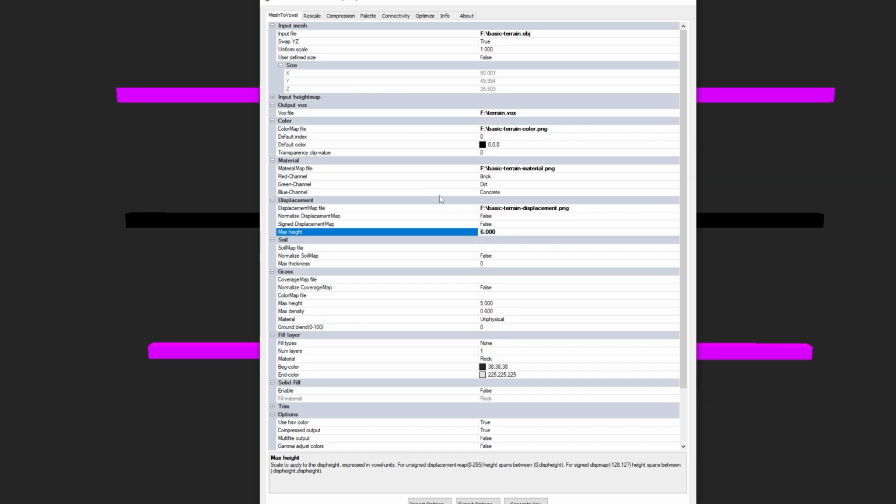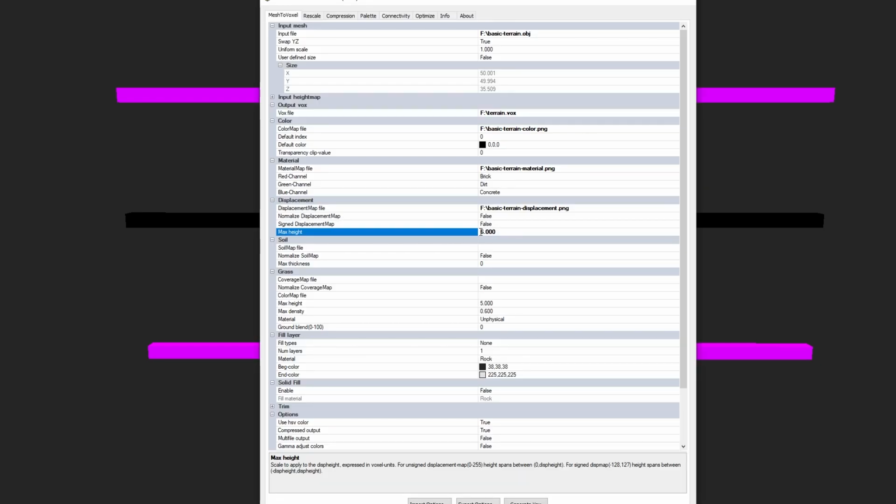And anything that is brighter will be bumped up from the default mesh location by the amount of the max height. So in this case, 6 voxels up. 1, 2, 3, 4, 5, 6. And VoxTool ties it up nicely like that.